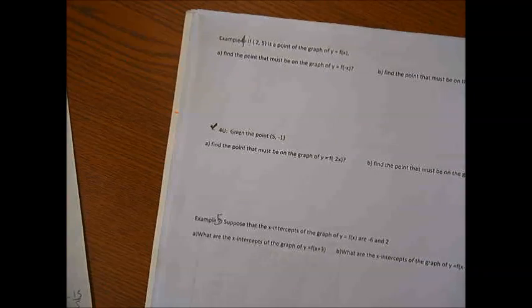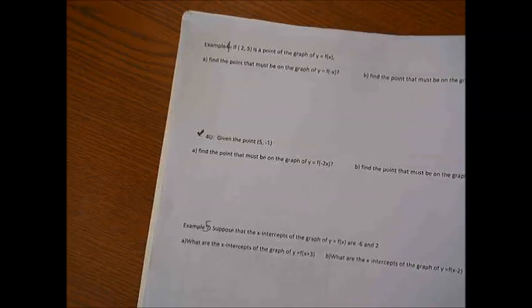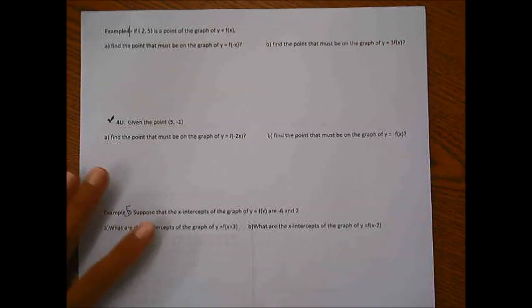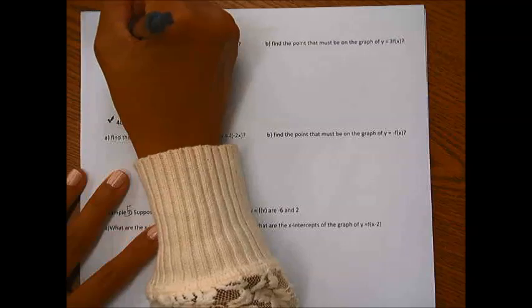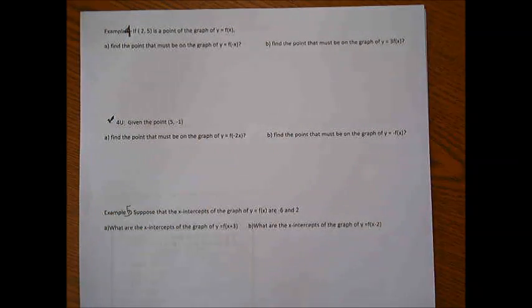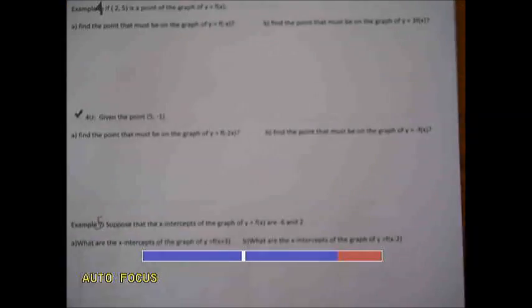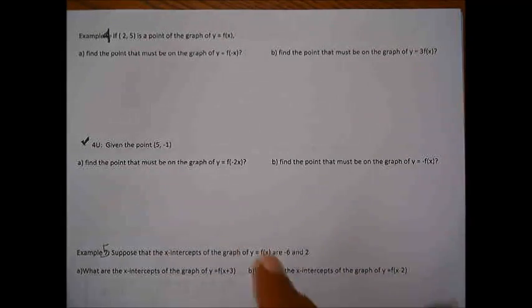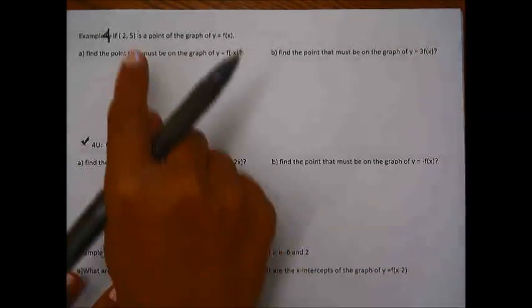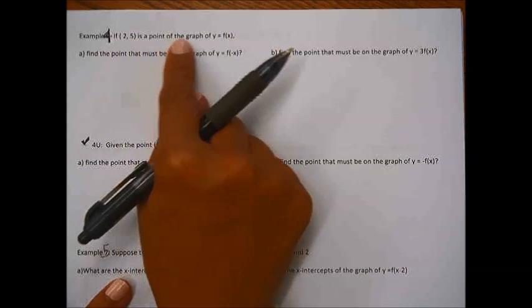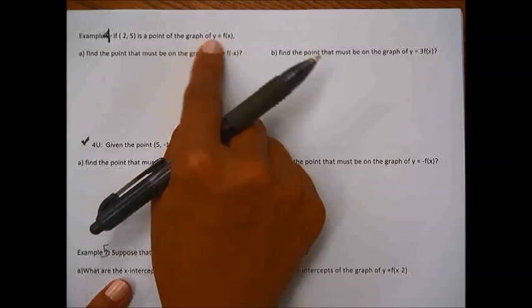I just want to make sure my numbering system was not really working. Okay, so now that you have done all the graphing by transformations, we are going to do example number 4. Here we go. Example 4. Let me just zoom in really quickly. Here you go. If (2, 5) is a point on the graph of y equals f of x, that means